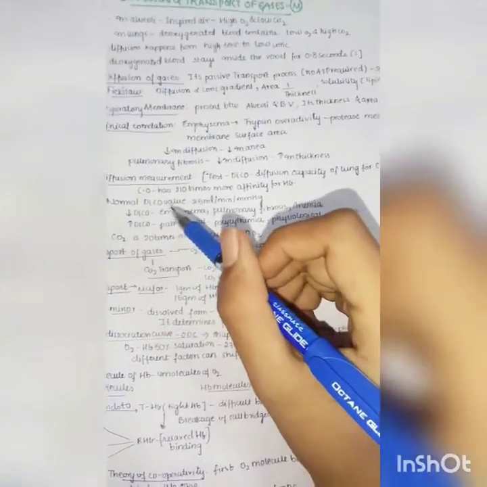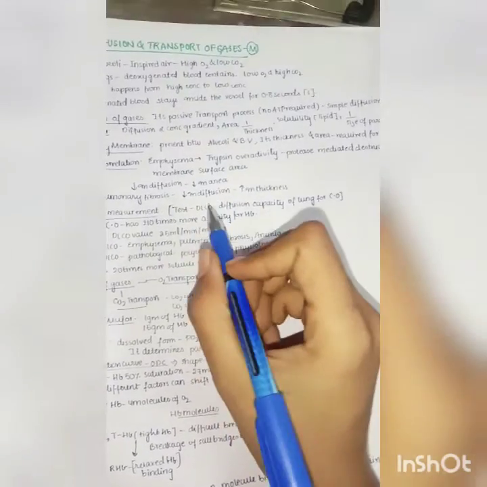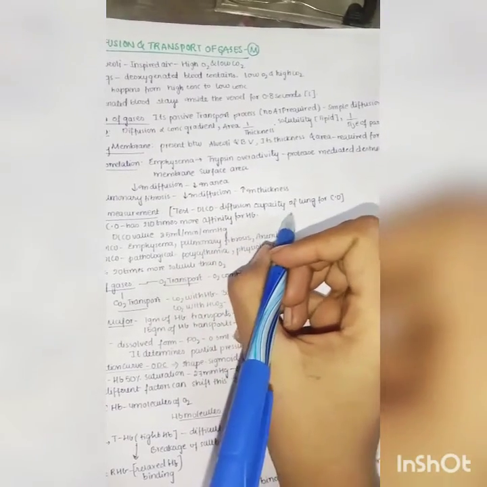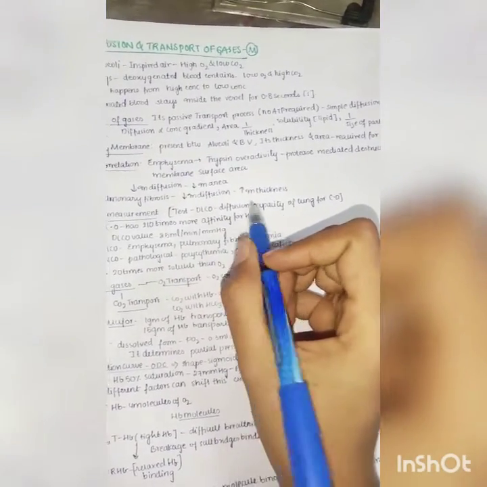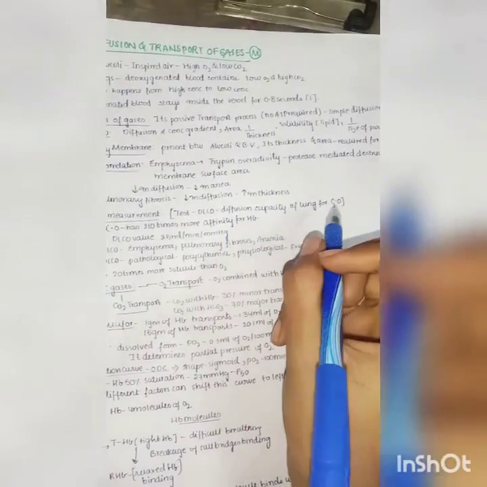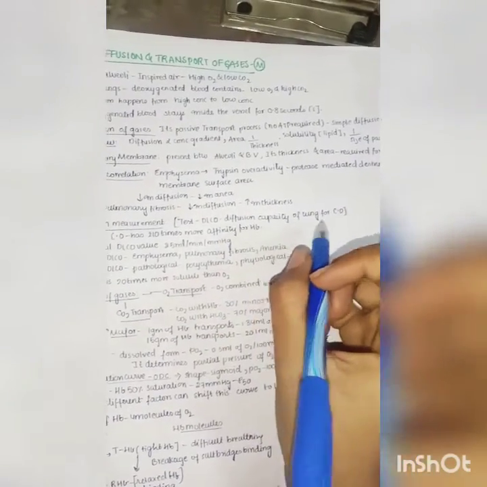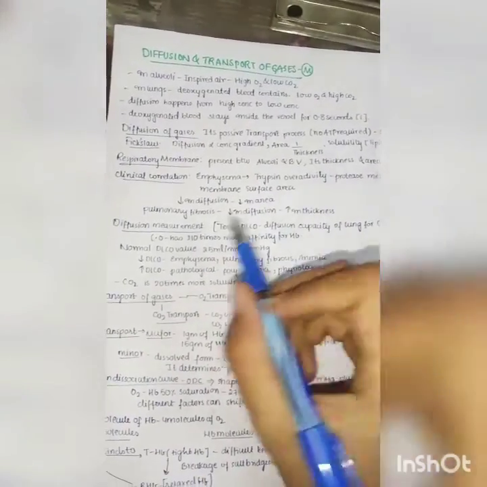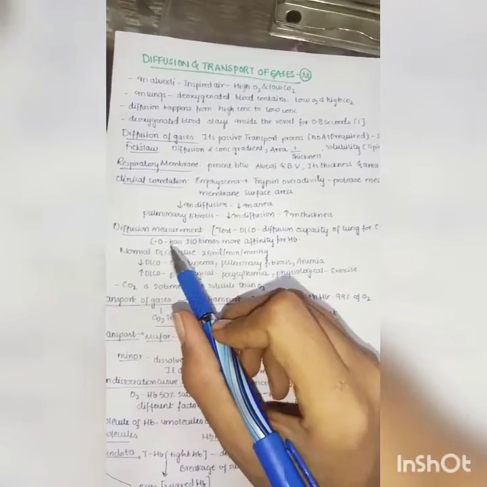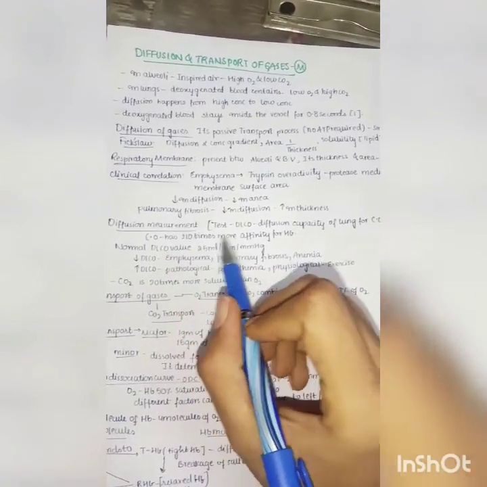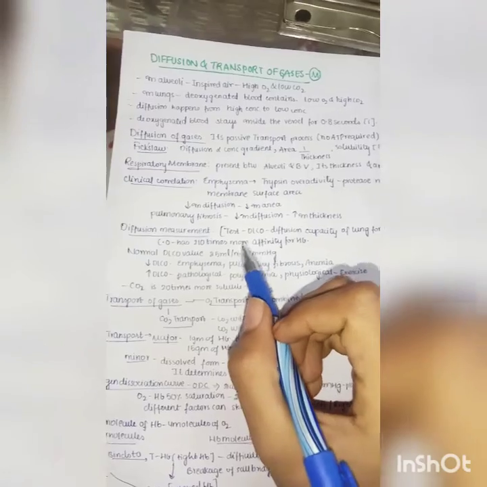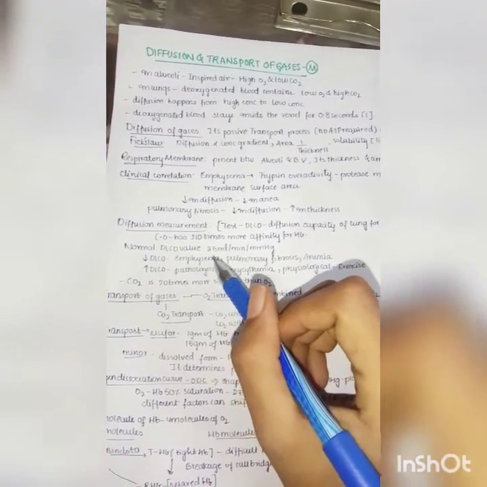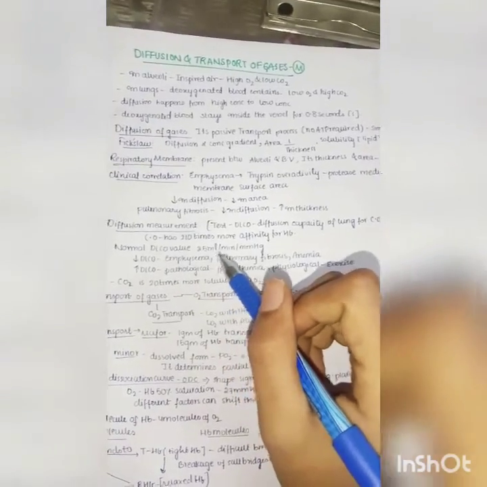Next, coming to diffusion measurement. How can we measure diffusion? We use a test called DLCO. DLCO means diffusion capacity of the lung for carbon monoxide. CO means carbon monoxide. So by using carbon monoxide we try to measure the diffusion. We use carbon monoxide because it has 210 times more affinity for hemoglobin when compared with either oxygen or carbon dioxide. The normal DLCO value is 25 milliliters per minute per millimeter of